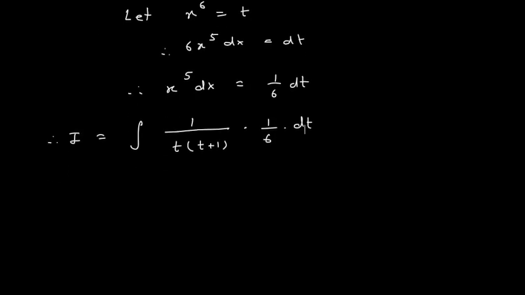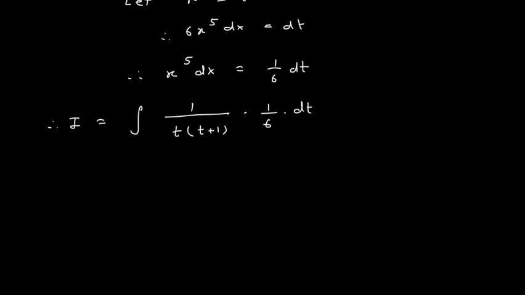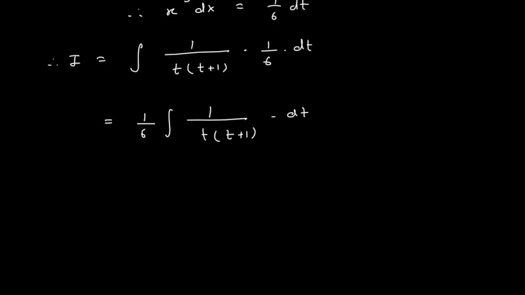Okay. Now this problem you have solved in the previous lecture, right? This kind of problem. You remember it? No? Okay, what we do here is we adjust this numerator. Here we said that it is 1 plus t minus t, something like this, divided by t into 1 plus t.